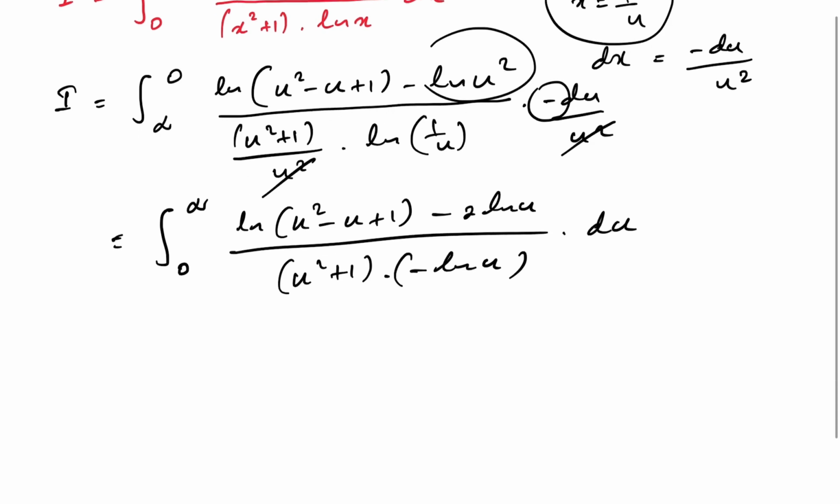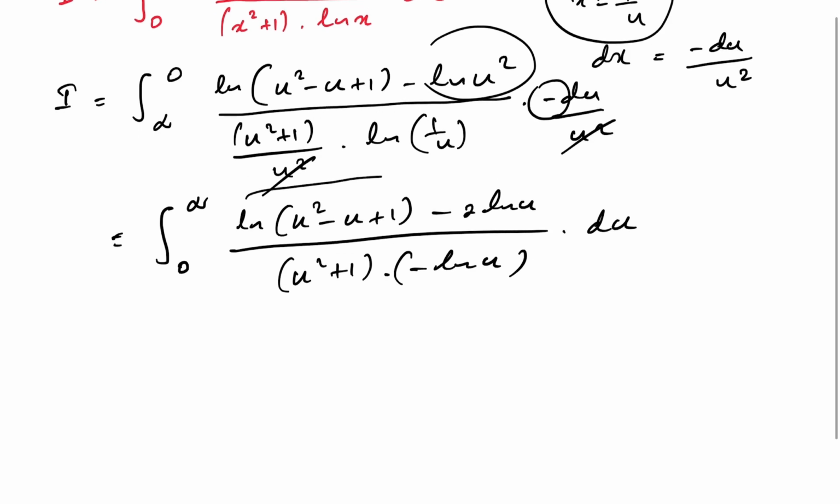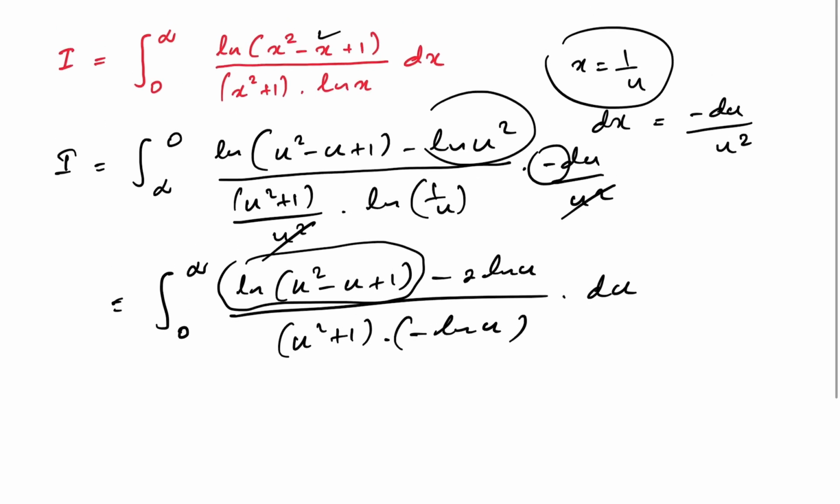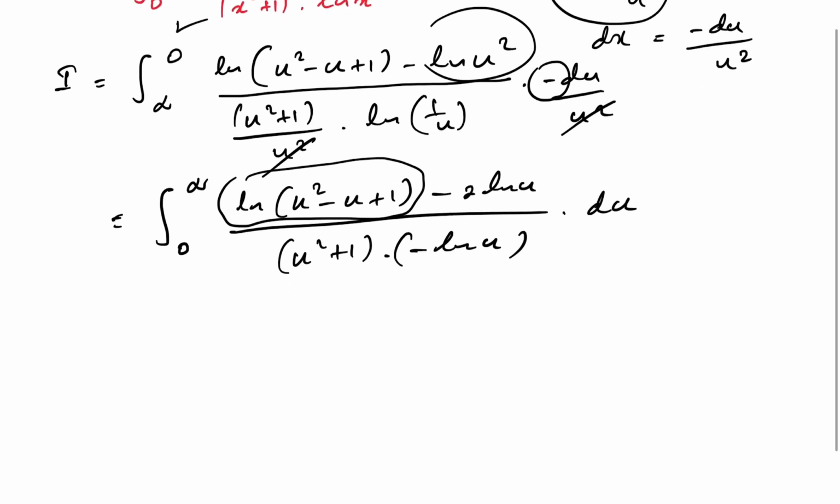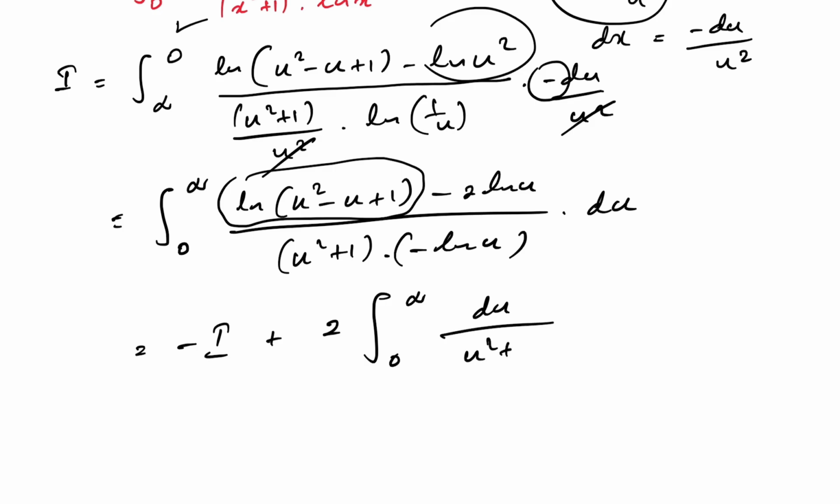Okay, now if we divide this part by the denominator, we know it is the same as I, so we have minus I, then plus 2 times integral from 0 to infinity du over u square plus 1. This integral we know